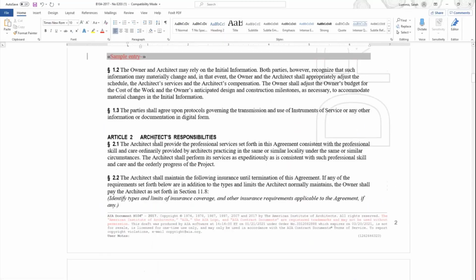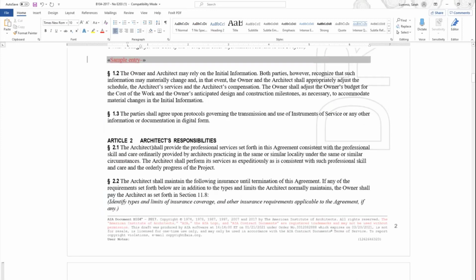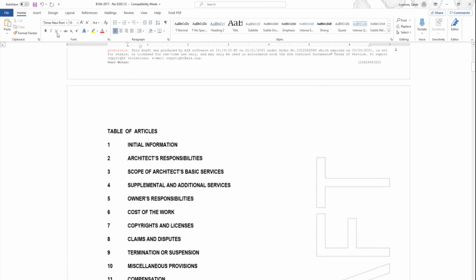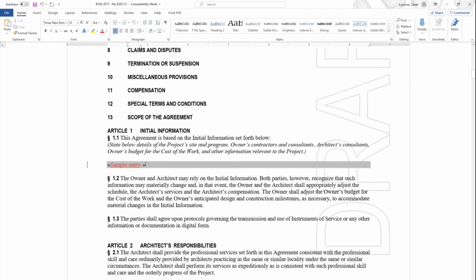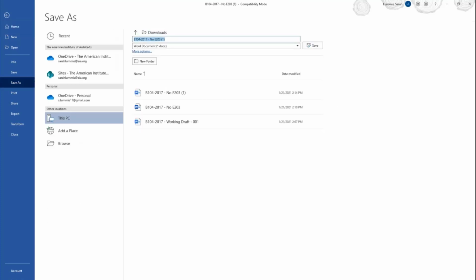Just as I mentioned before, you have a lot of flexibility to leverage the review features from Microsoft Word. You can save this file and revisit it as many times as you'd like. You can email it around. You can add pictures, tables, bulleted lists. You have a lot of flexibility with editing offline. And then once you are ready to turn this into a finalized document, you've reviewed it, all the eyes that need to see it have seen it, then all you have to do is save the document to your computer